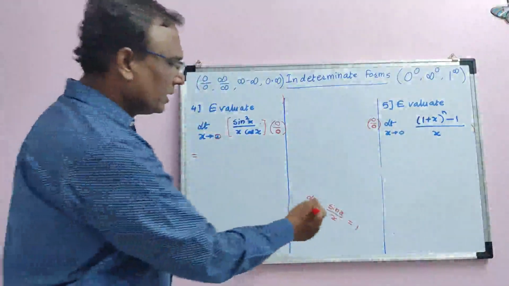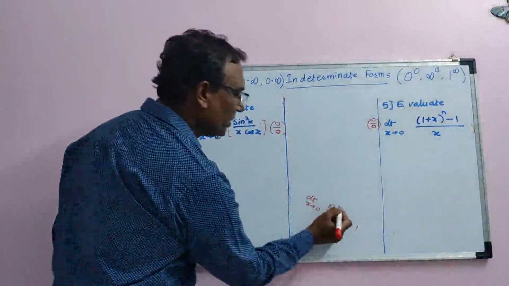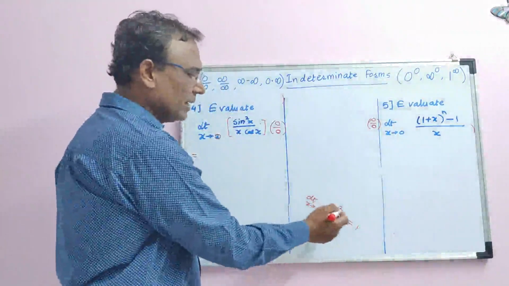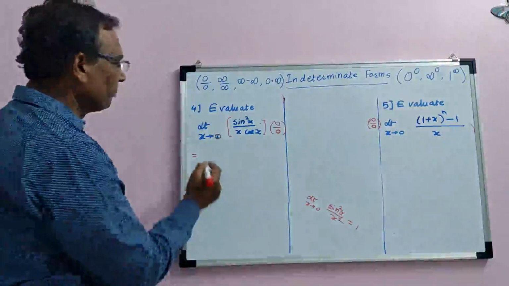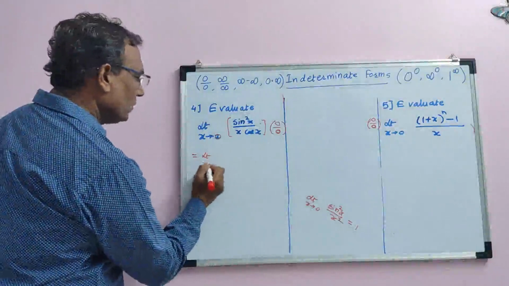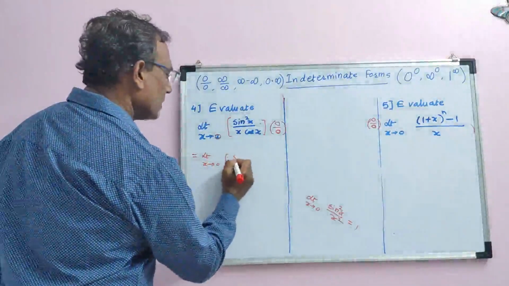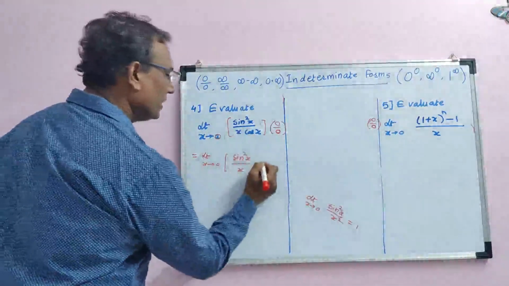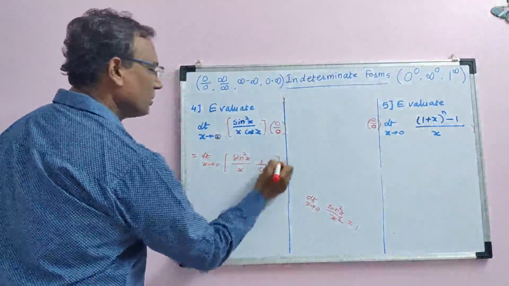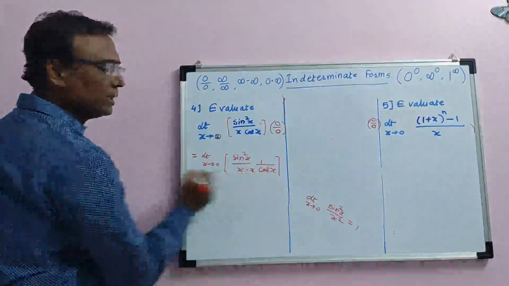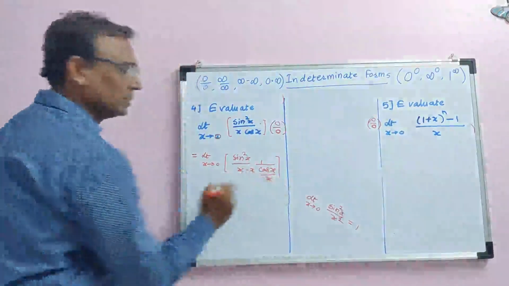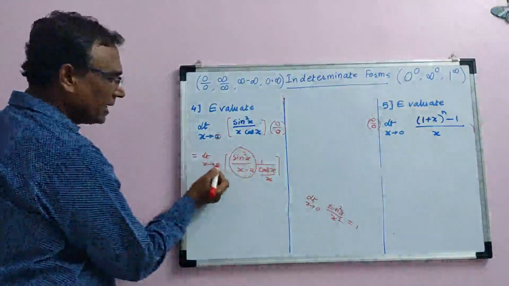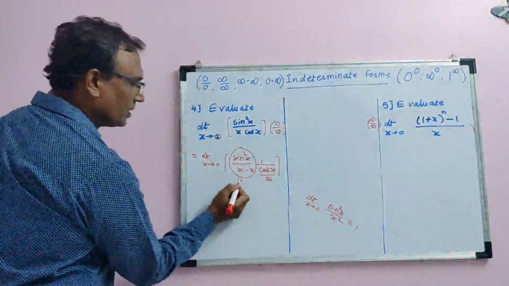So there are chances that this formula can be used, but here we have sin square x. So limit x tends to 0, sin square x by x square equals 1. Sin x whole square and sin square x is the same thing. Now, what I am going to do is adjust the sin square x, and we want x square in the denominator. This is our adjustment. So I am going to multiply by x and divide by x. Now, sin square x by x square, limit x tends to 0, is what? 1.